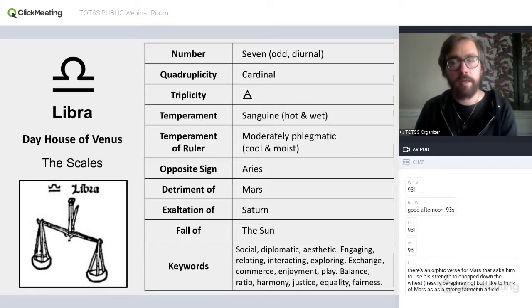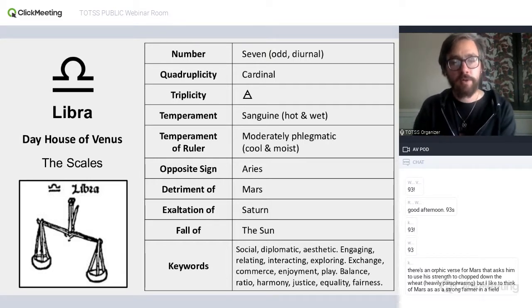And then Libra is the fall of the sun. This is another interesting one too. The sun is like that bright, shining center that wants to be on stage and being the center of attention. Where Libra is interested in making sure that everyone's voice is heard in equality and fairness and balance. And so it can be difficult for the sun to express that inner truth of the self by making sure that everyone gets to express their own truth. That's just a difficult thing to do. So not that a Libra sun is bad or anything like that. It's just that the sun has trouble being the sun when it has to be concerned with balance and equality.